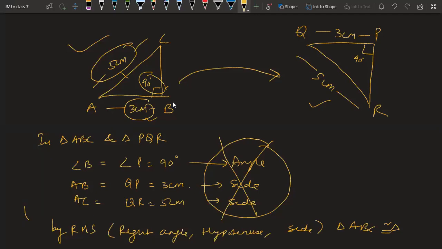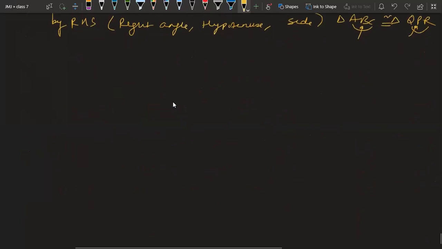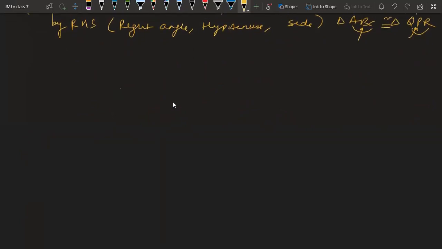Okay, you are saying it is QPR. Let us check. Most of you are saying QPR. First thing we can say, AB should come equal to QP. So AB, QP, correct. AC should come equal to QR. First and third, correct. Angle B should come equal to angle P. Angle B, angle P. So we are absolutely correct. This name is correct. Fine. Now tell me this one.